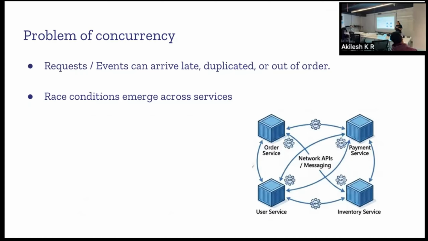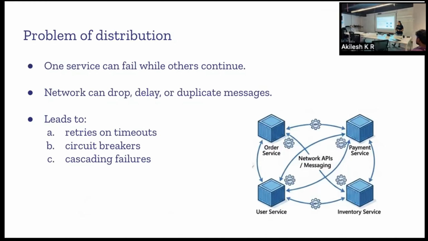And race conditions can emerge between services. In distributed systems, race conditions emerge across threads; here they emerge at a different level of abstraction, between services. But it will eventually happen. It also has pros and cons: you can afford to have one service go down while the rest of the services are still up and running and serving the customer. But it can also be a source of problems for us.